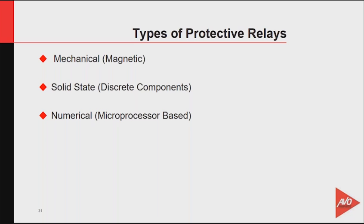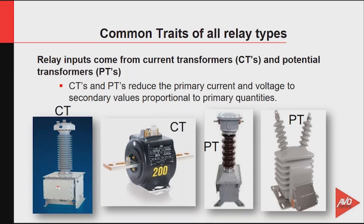All right, now that we know the types of protective relays, we're going to discover right now that all protective relays have some common traits that are necessary for them to operate. So take a look at this. Relay inputs come from current transformers called CTs and potential transformers called PTs, or voltage transformers. Now, these CTs and PTs are necessary so that we can reduce primary current and voltage, which can be in the thousands of amps and hundreds of thousands of volts, to secondary voltages and current that are proportional to primary,